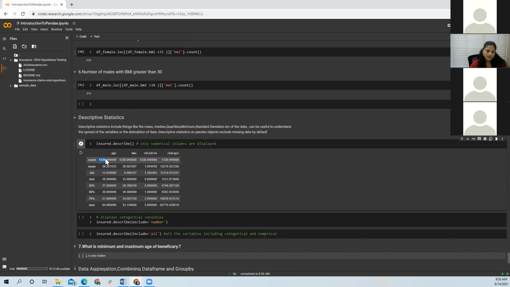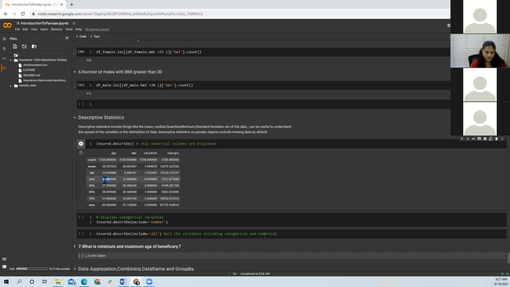Like there are 138 observations. Then age, 39 is the average age for the beneficiary. Then 30 is the average BMI. And they have at least one kid. And these are the charges, the minimum, the mean average charges.